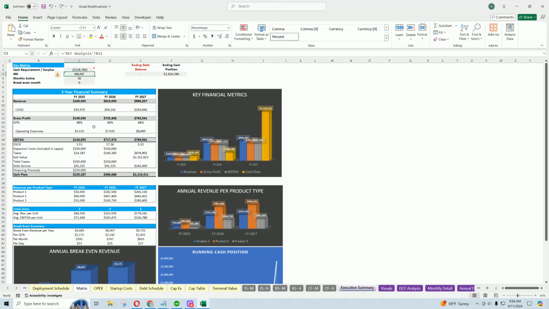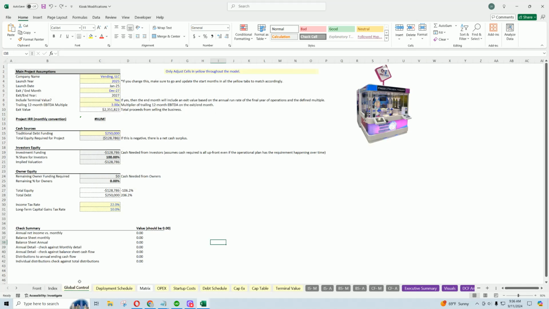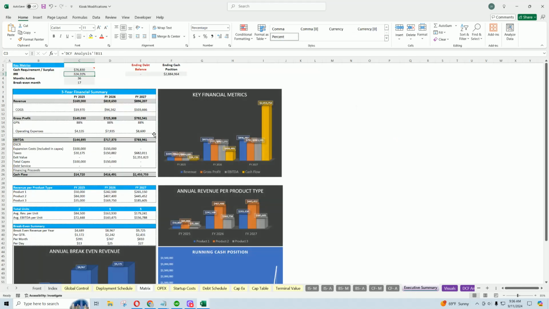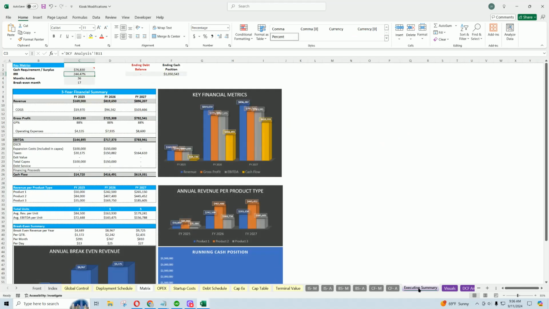The IRR, I referenced just the discounted cash flow analysis figure. In this case, with the numbers I have in here, we're raising more money than we needed. So if I take out any debt, we're at 76,000. Big IRR there. And remember, on this model, you don't have to include the terminal value. You could hit no, and then it'll just show you your operations each year without any exit happening in year